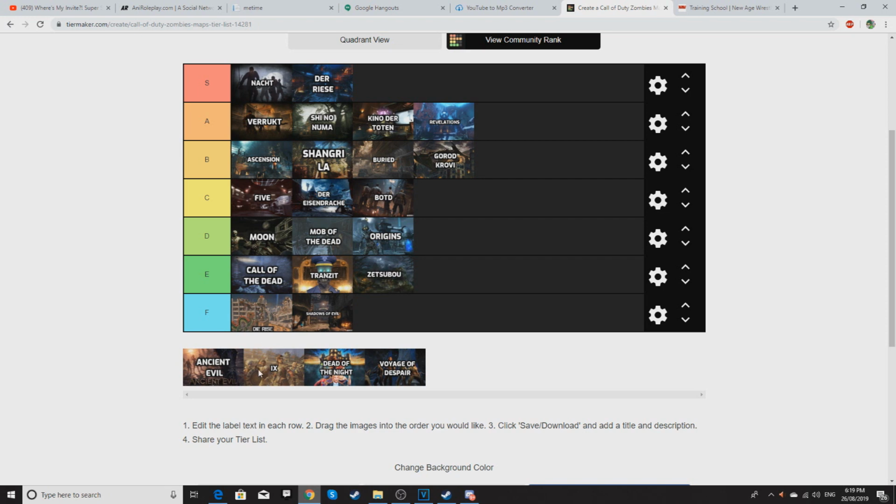But anyway, onto the Chaos maps, and I'm gonna start off with 9 because I was supposed to do these in order, but for some reason Ancient Evils first. But 9, I'm putting up here with these two. Because when Black Ops 4 came out, I didn't have high hopes. Because Black Ops 3, apart from the